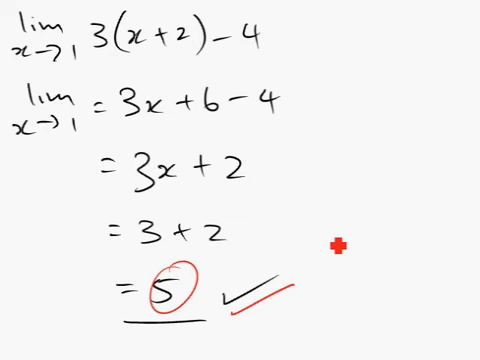Could you find them? The first one is this. The equal sign should never come between the limit and the function. The equal sign should never ever be here. In fact, the equal sign should be outside here. Equal sign cannot be here.